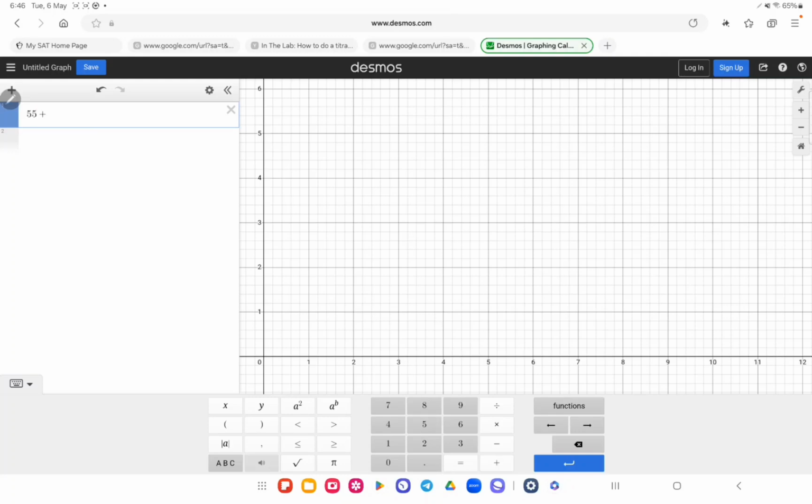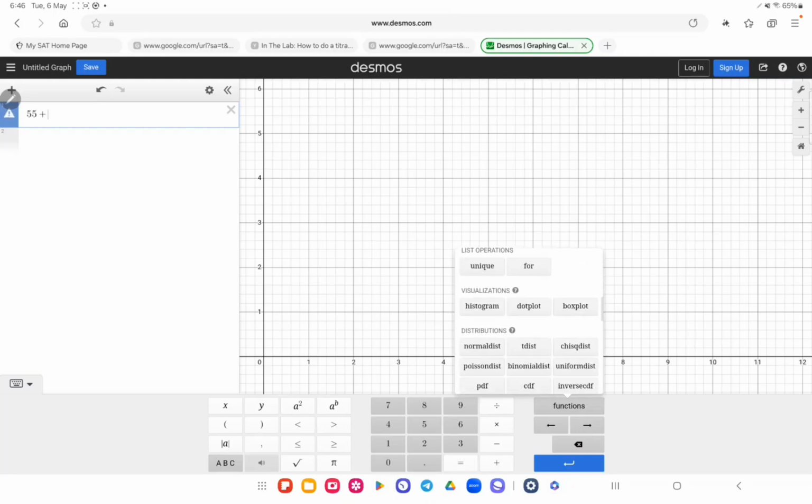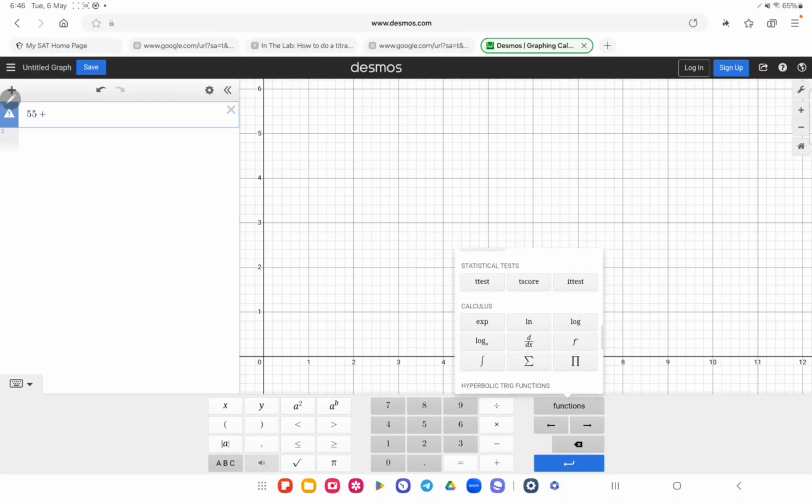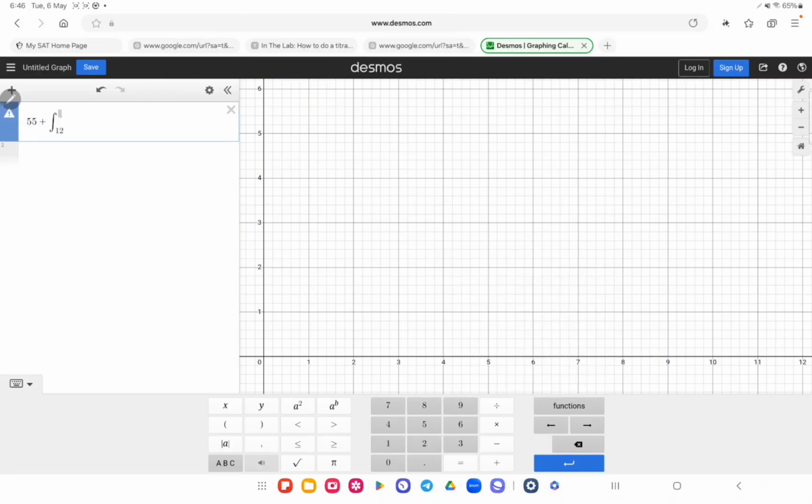So 55 plus, go to function, integral from 12 to 20, and the function is going to be, you have to write it down, so it's going to be negative 24.55 divided by, and t or x will go on the bottom, and then on top we'll put the rest, which is e, which is here, to the power of 0.01x. Now, of course, right now there is no number